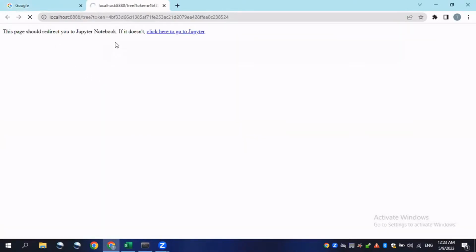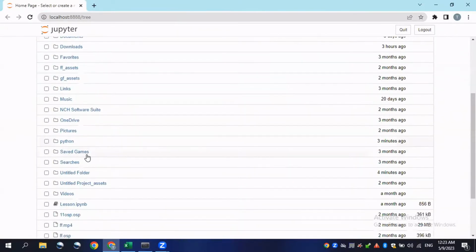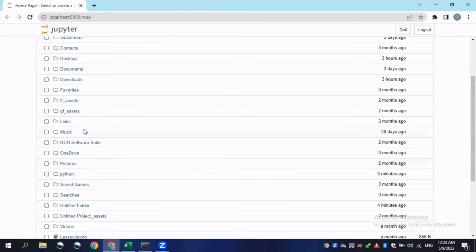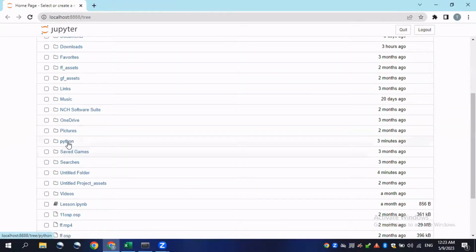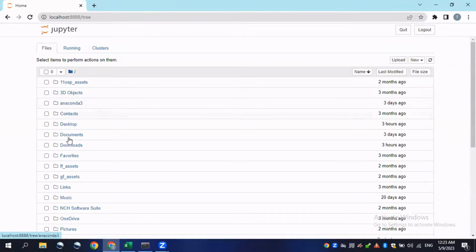You could see it will create a new tab with our default folders which have already been created in the previous lessons, and this one is already worked file which is our Python tutorials here, but I will try to rename